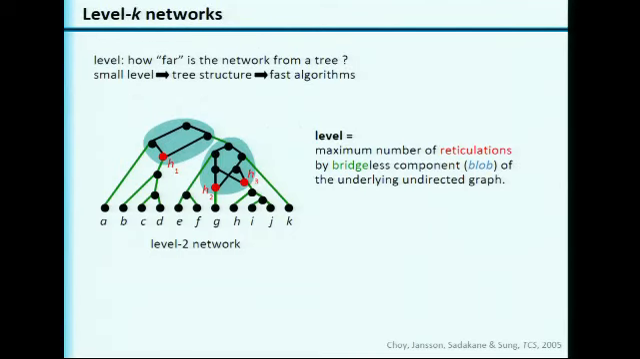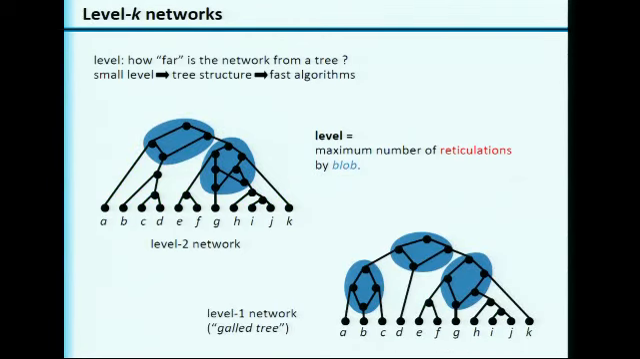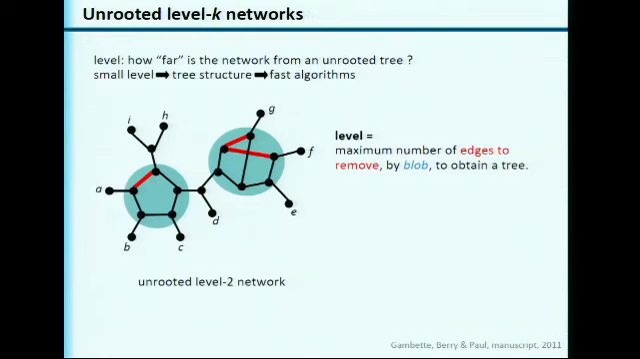You have those blobs in the networks, which are in fact the reticulated parts, more precisely the bridgeless components of the underlying graph of this rooted network, the underlying undirected graph. And you count the number of reticulations inside those blobs, and the maximal number of reticulations among all the blobs is the level. So this is a level 2 network, and a level 1 network was introduced under the name gall tree by Gusfield, and it's simply a tree of cycles, a rooted tree of cycles in this case. And so this level expresses how far the network is from a tree structure,